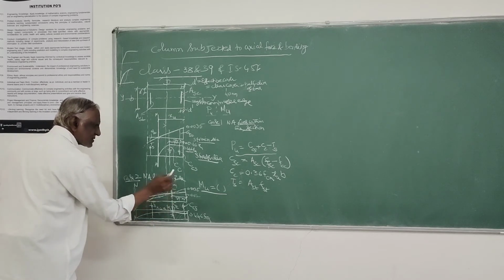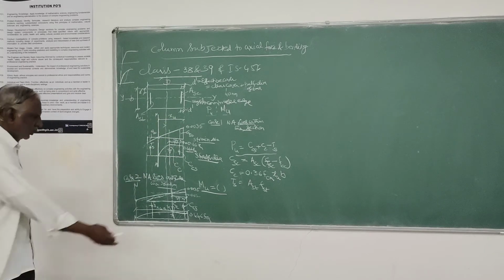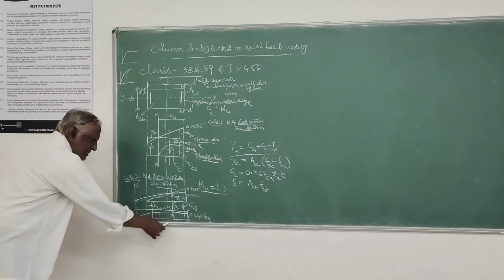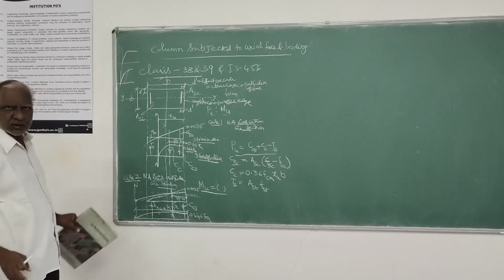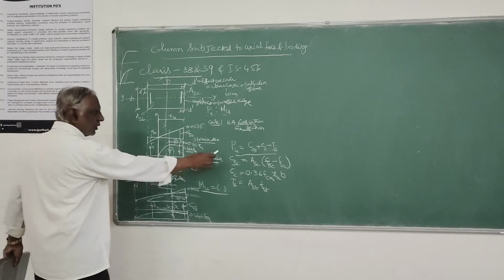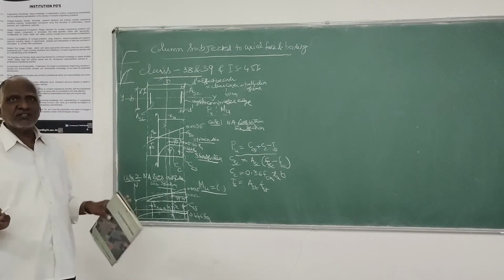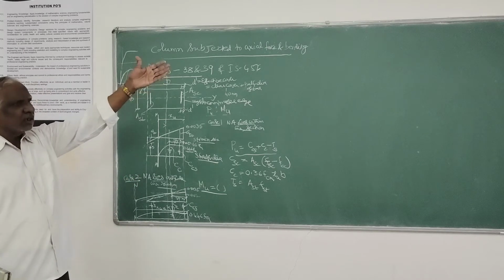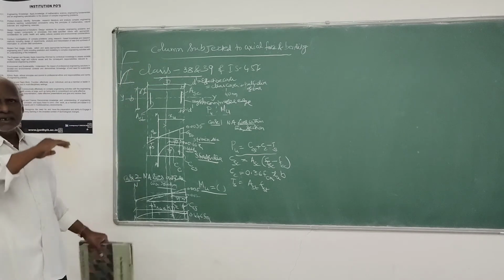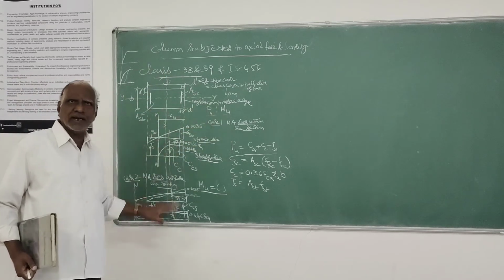TS, CS, CCS, you can compute in that similar fashion, knowing the properties of the stress diagram from that particular handbook. Again, you can work out what PU and MU are. This much information you should know before going for the development of the interaction charts for both axial load and bending moment.